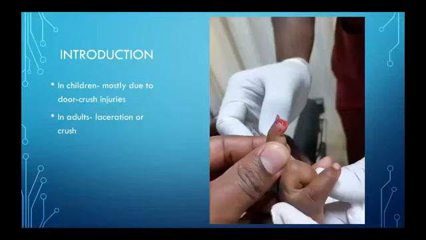Just as an introduction, this injury occurs commonly in children, and it's typically due to door crash injuries. So a child sticks their finger either in the door hinges or a door slams against a child's hand while holding the door frame. In adults, these injuries can occur either as lacerations from sharp objects or as part of crash injury around the